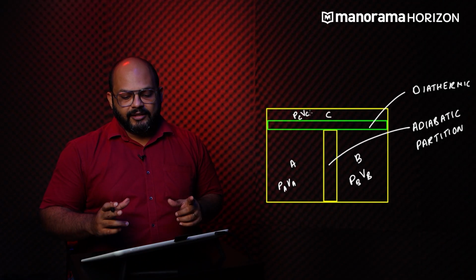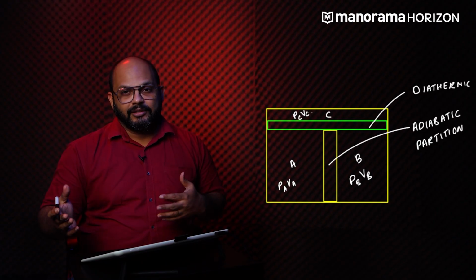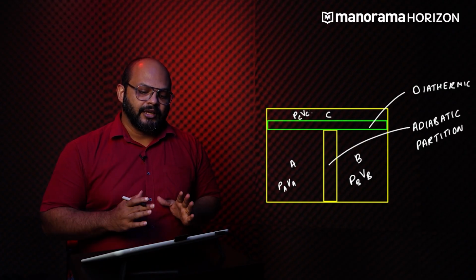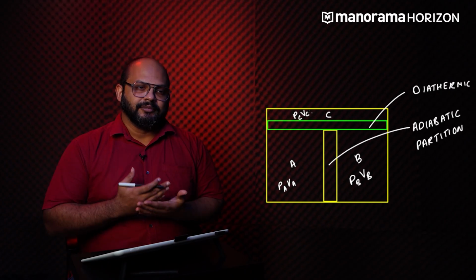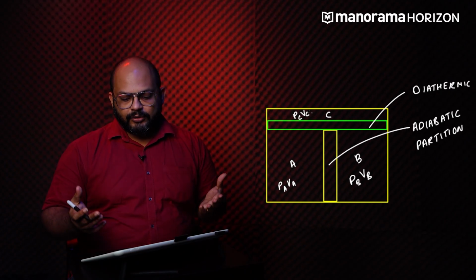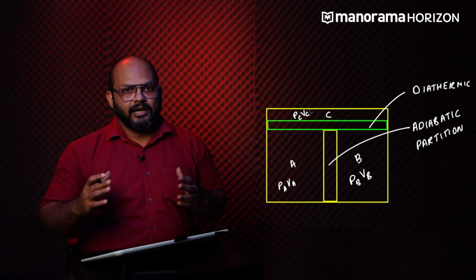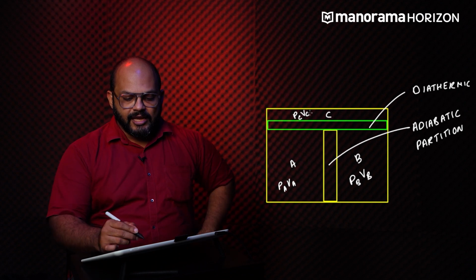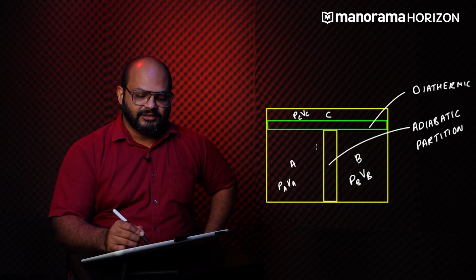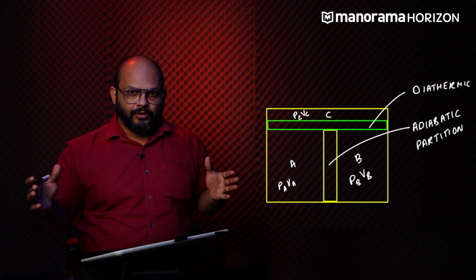Now remember, gas A and gas B cannot directly transfer any energy. However, they are perfectly capable of transferring energy with gas C. What do you think will happen over time? Over time, we notice that even though A and B are not directly in contact, they cannot transfer any heat energy. If we were to reverse the order of these partitions, for example, if after a long period of time,